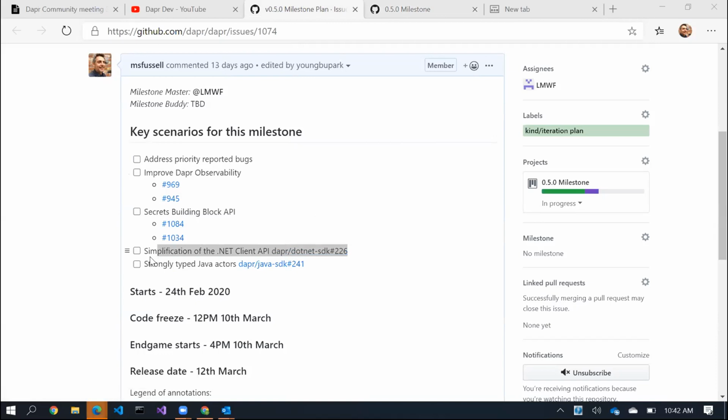We're working on simplifying some of the .NET API inside the SDK so that you have a single client type API. And there was a little bit of work around strongly typed Java actors, which we released in the Java SDK in the 0.4 release. So those were kind of the main themes amongst fixing up a few bugs that we had around things and